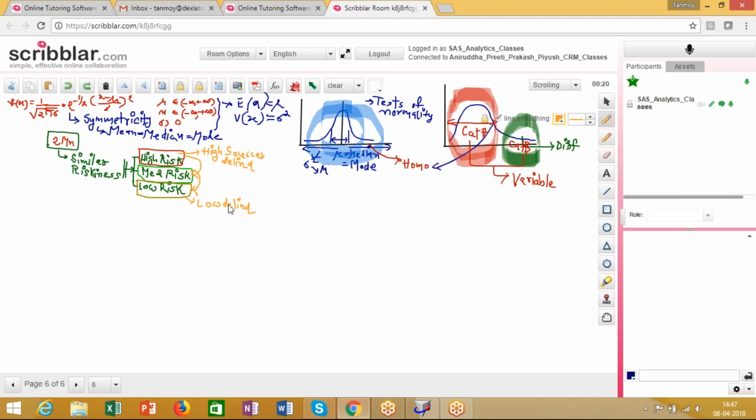So there is a high risk, a medium risk, and a low risk. Obviously, if I punch all these three groups of borrowers into one single data set,